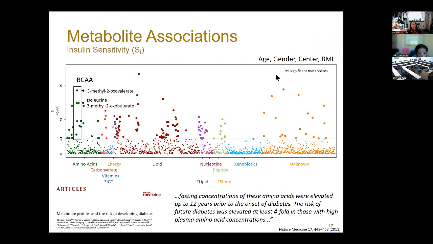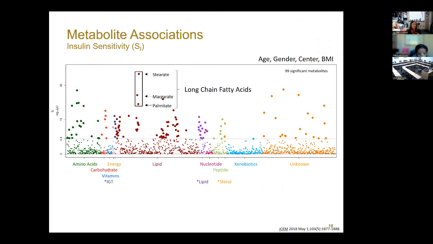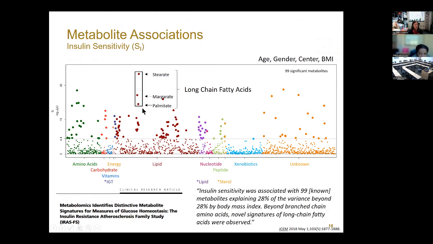And overall, there were about 99 significant metabolites that reached that strict Bonferroni correction. A more striking observation that we saw was really that signature of long chain fatty acids, which was not previously documented. This is stearate, margarate, and palmitate that you're seeing, which were highly associated. And you can see that it's associated, just this text taken out from our paper: